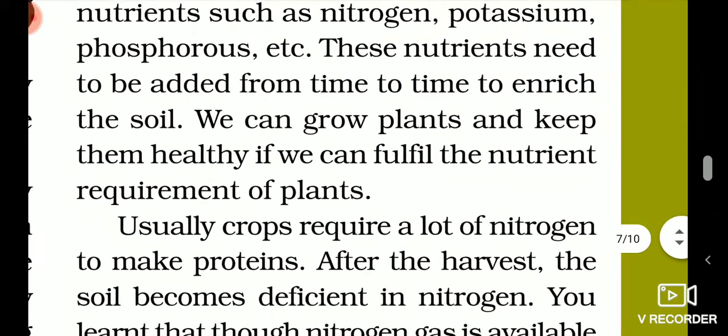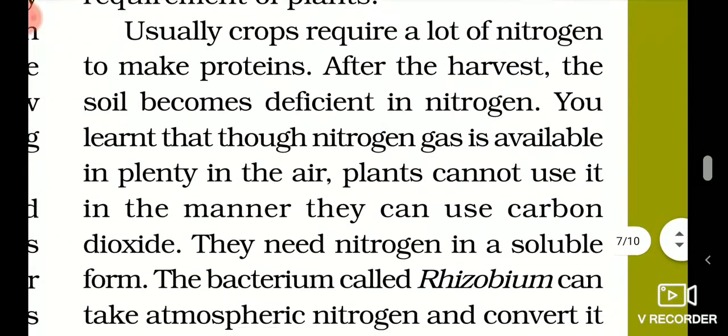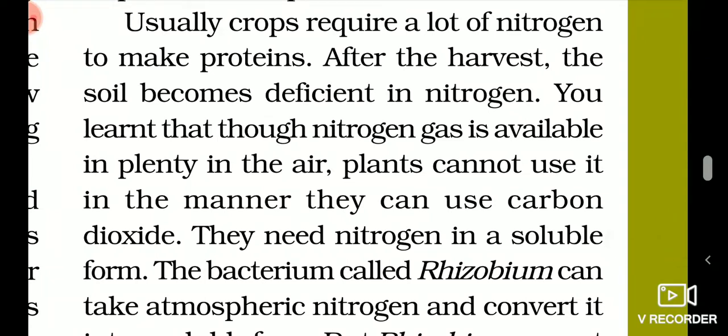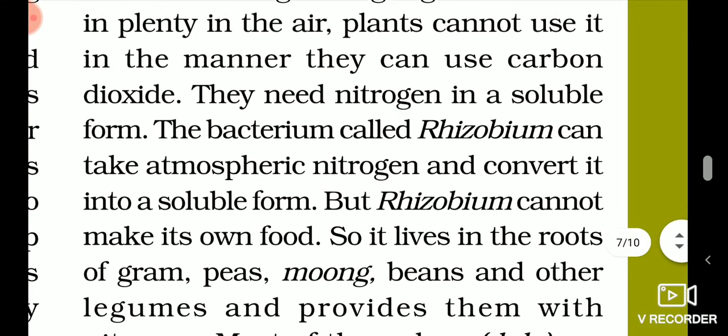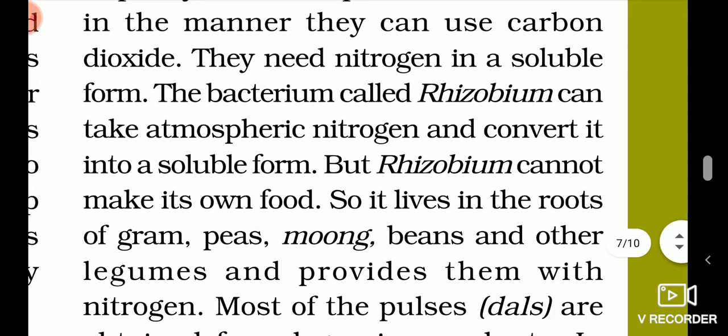These nutrients are also provided by some bacteria present in the soil. There are bacteria called rhizobium present in the soil. This rhizobium fixes the atmospheric nitrogen, that is, it converts this atmospheric nitrogen to nitrogenous compounds, and that gets fixed in the soil. So some plants like pulses, that is gram, peas, moong, all these are leguminous plants, that is